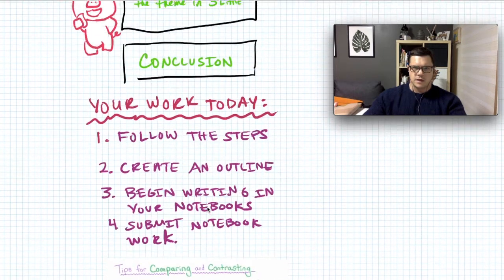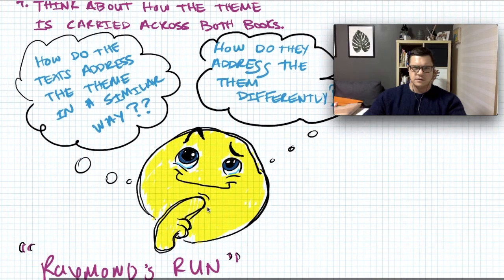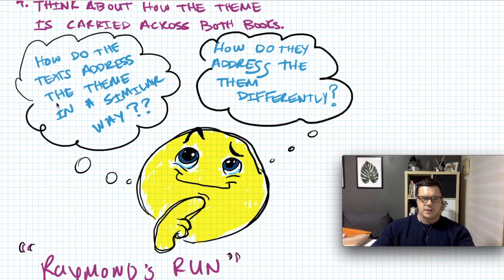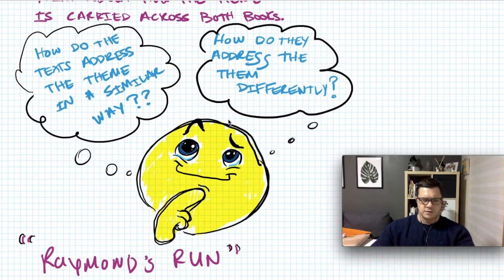Okay, so here, this is what we're going to ask. Okay, you can see here. So our questions are, how do the texts address the theme in a similar way, and then how do they address them differently? Okay, so first I'm going to think about Raymond's Run, and we talked a lot about the story, you know